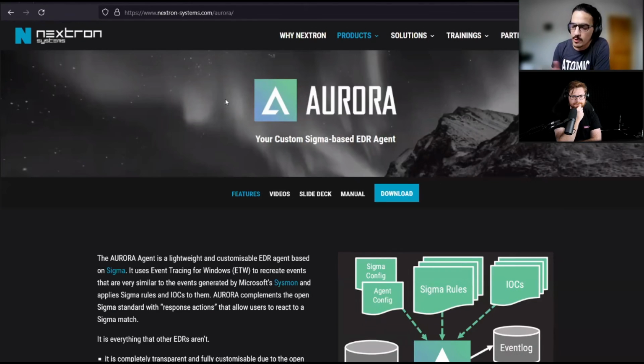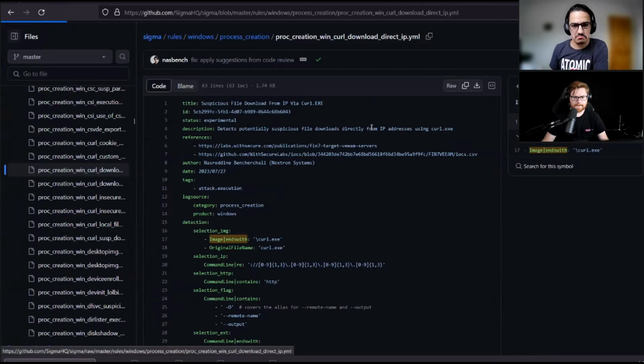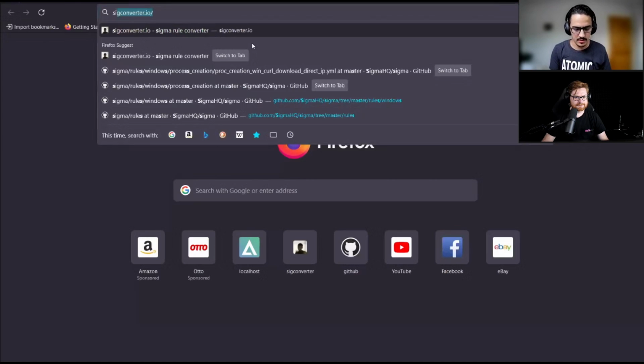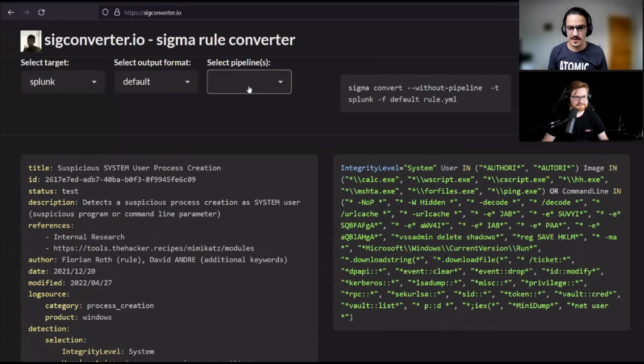The most common approach, before talking about Aurora, is you have a SIEM. You've read the report, you have a SIEM, you pick this rule, you grab it, and you use the converter that we talked about, which is pySigma. You might want to download it, but that's tedious. So you go and grab what the cool kids are using, which is SigConverter. Ooh.